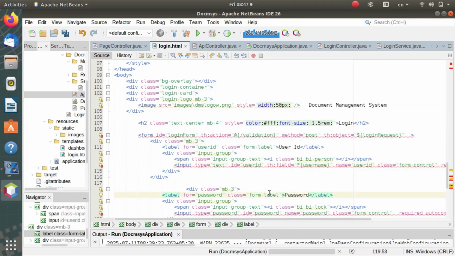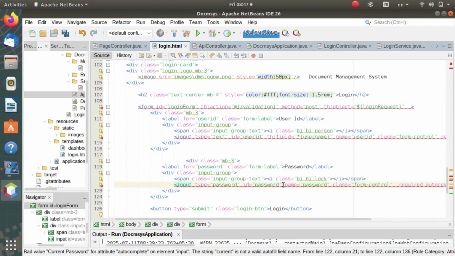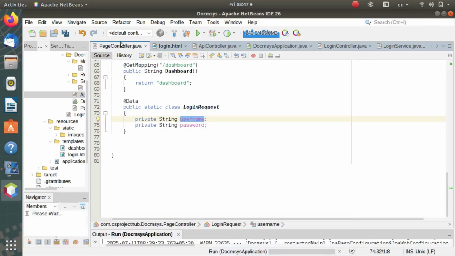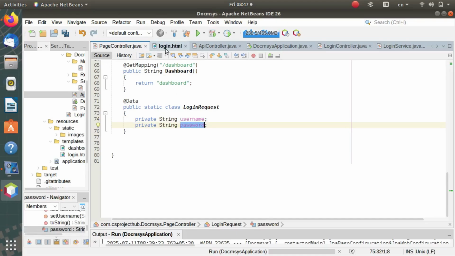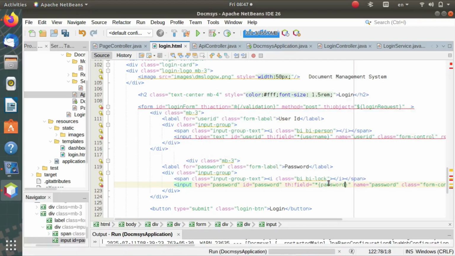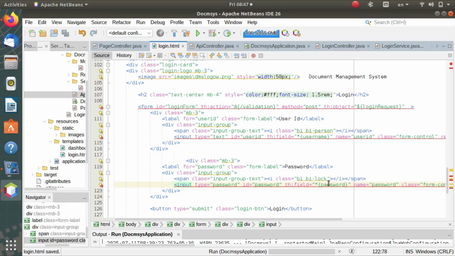same thing, our field name is, what is your field name? Password. Here you find the password. And after that we save. Binding process is approximately